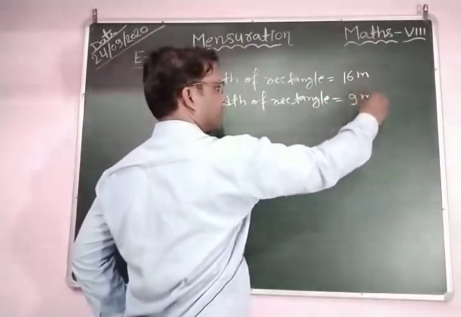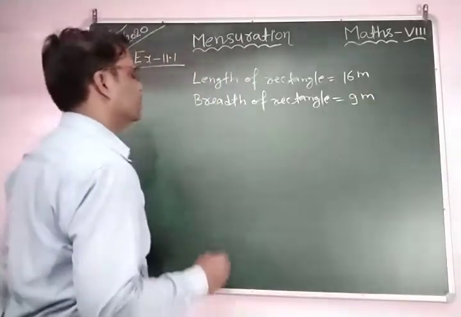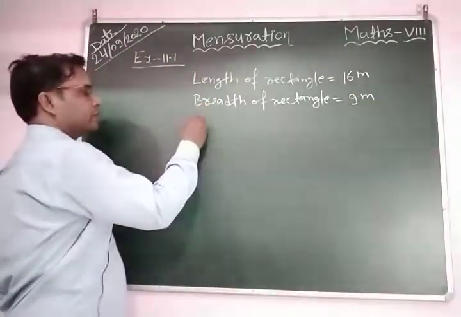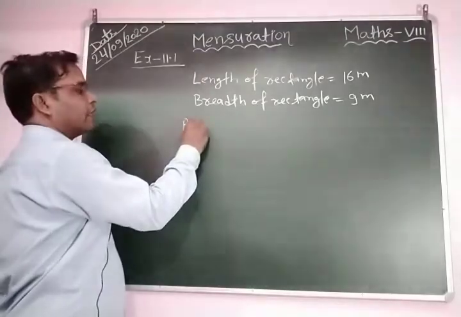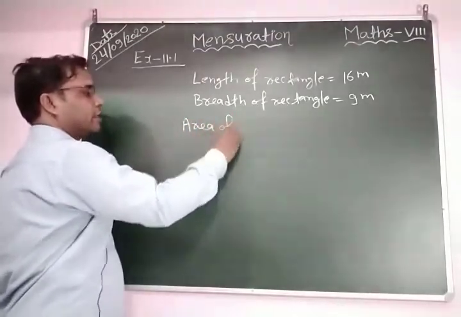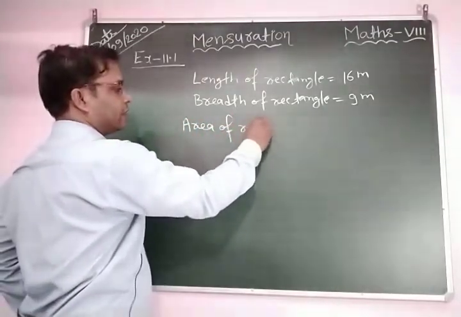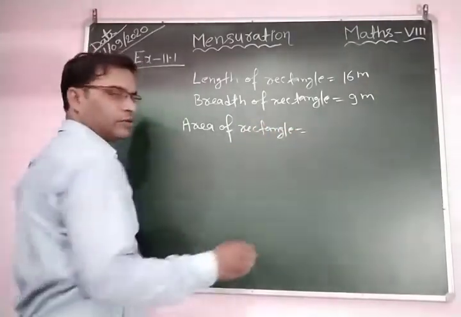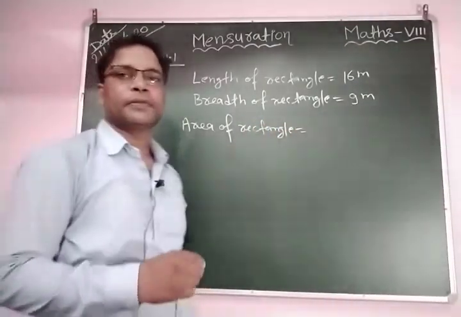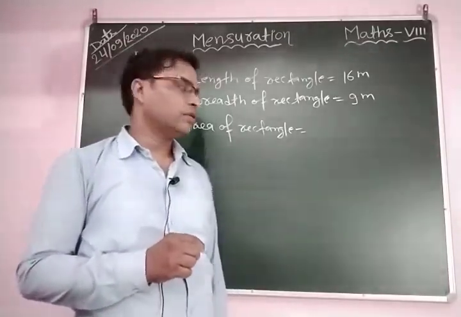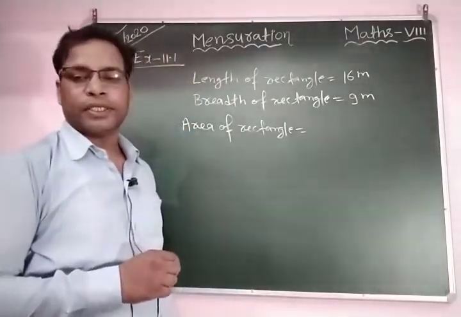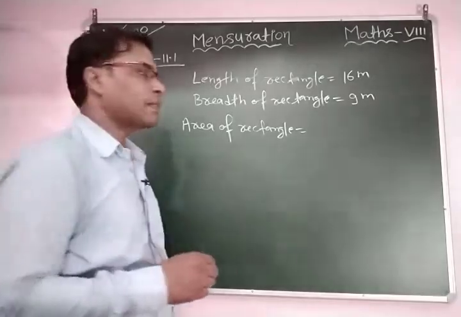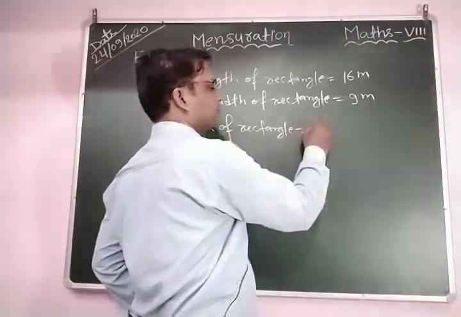This is 9 meter. Okay, so the area of the rectangle is equal to what? Here it is given that the area of the rectangle is equal to the area of the square. This is given. Okay, so you can write